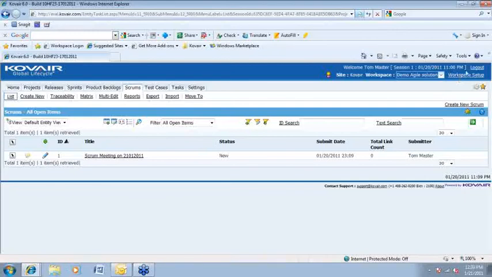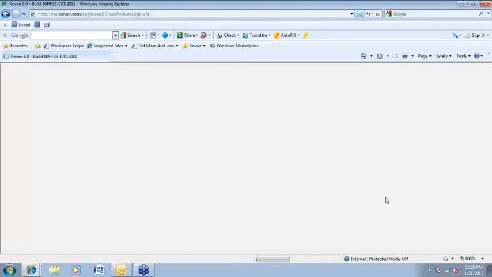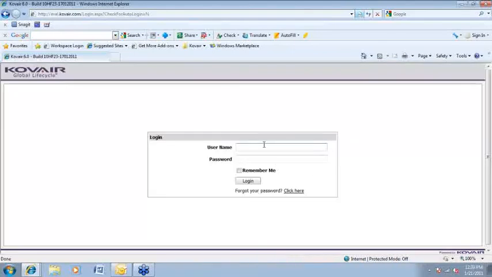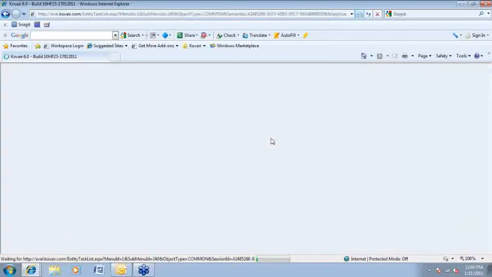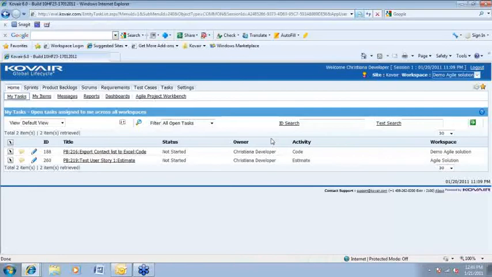So now let's say I log in as Christiana, and let me first work on that task and show you how she can also provide information on the Scrum. As Christiana logs in, she can get to the Scrum and can update her feelings about this information. As you can see here, she has already got a job to code,